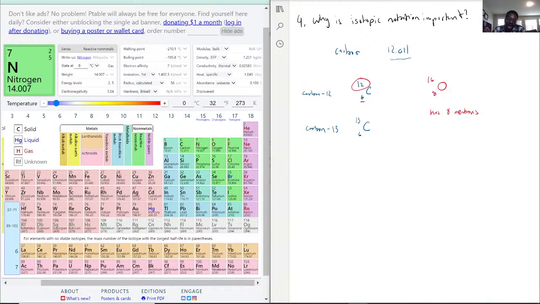Carbon 13 has an extra neutron, which changes a little bit of constituents and what it can do in nature. And it's also, I would say, more unstable than carbon 12, considering that there's a lot more carbon 12s in nature than carbon 13. So, in a sense, isotopic notation tells us what type of isotope we're dealing with, because when you think about it, right,